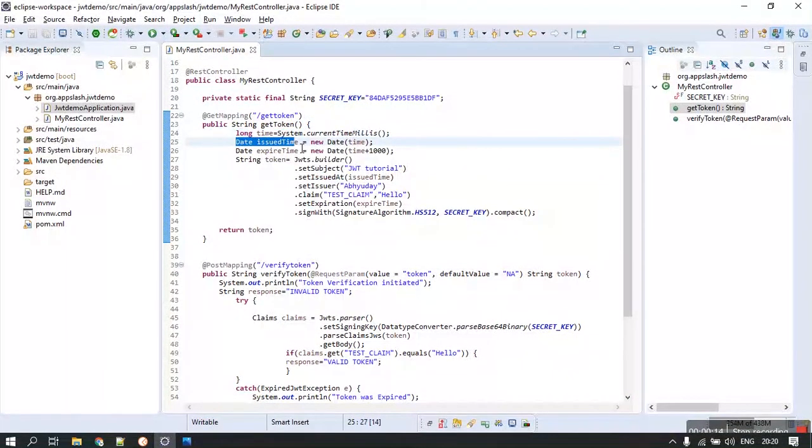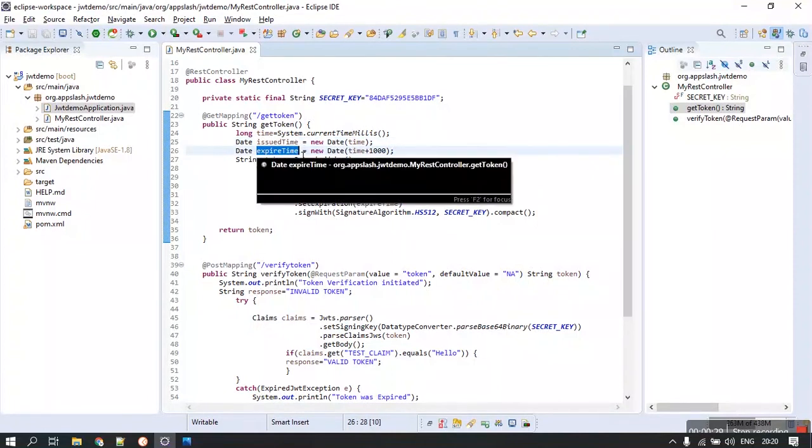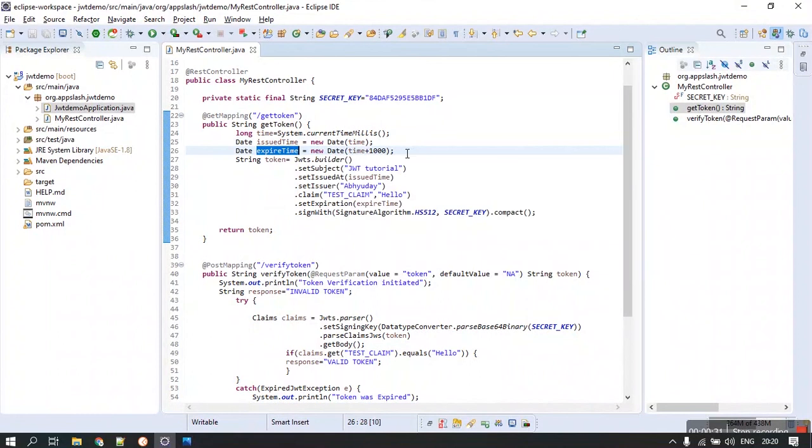First is the issue time, which has the current system time, and another is a date object which has the current system time plus 1000 milliseconds. So I will be issuing a token with its expiration time 1 second ahead of its issued time. If I issue it at t, at t plus 1 second it's going to expire. It's a very short-lived token that I have created.